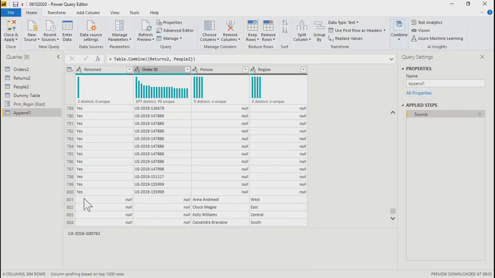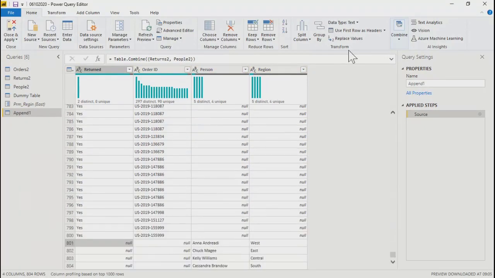Yes. So you can see the last 4 rows, you have values in person and region, and the first 2 columns are null over here, right? So merge is join, append is union.